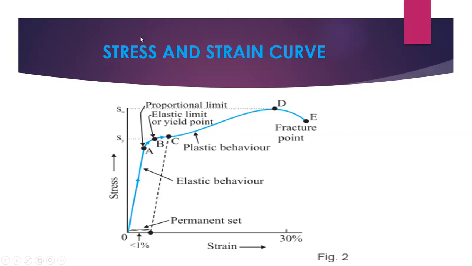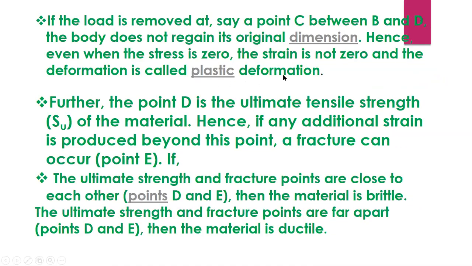But after the force is applied above the elastic limit, the length will not come back to the original 100 meters. It will remain at 105 meters. That is plastic deformation. It is known as plastic deformation. So it is plastic, not elastic. When it has reached 105 meters, it will remain at the same 105 meters. So the 5 meter elongation will be there even if we remove the force on the body.